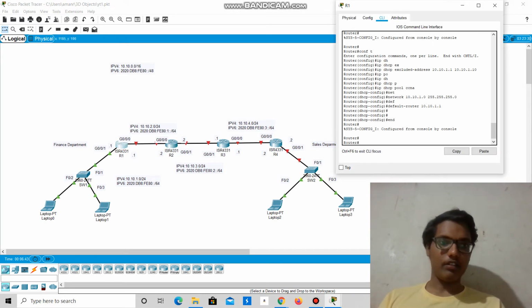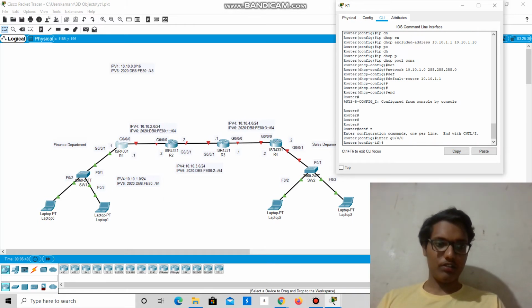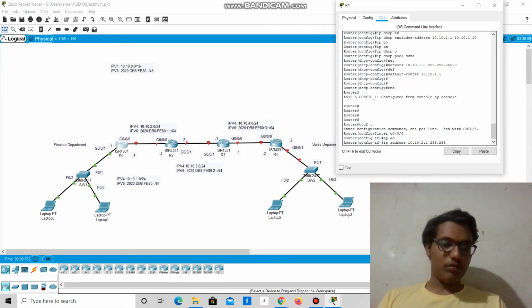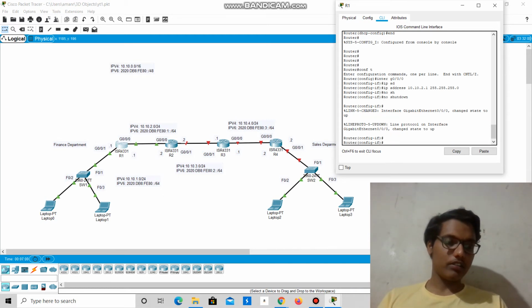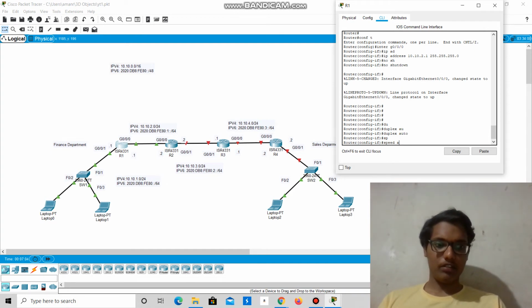Now let us configure R1. Configure terminal, go to interface GigabitEthernet 0/0/0 and IP address 10.10.2.1 this time, 255.255.255.0, and also change the state to up, duplex auto and speed auto.